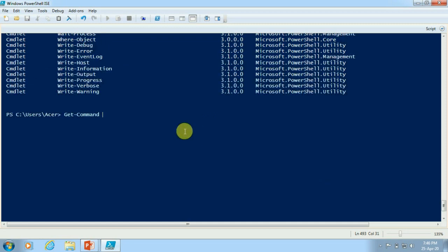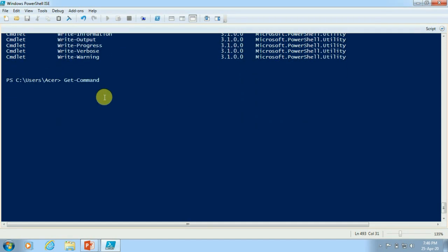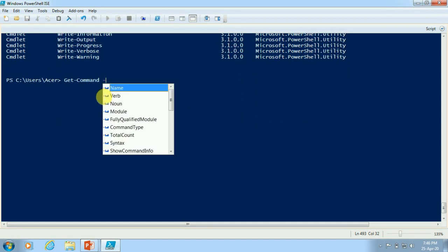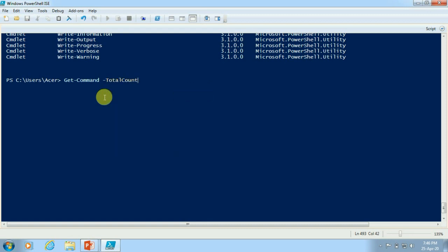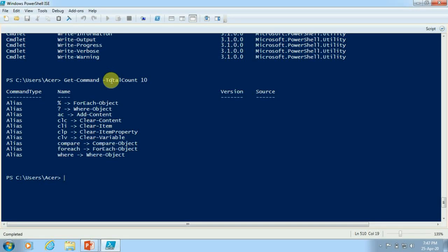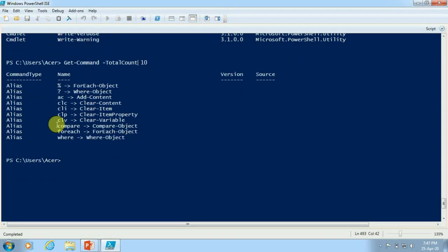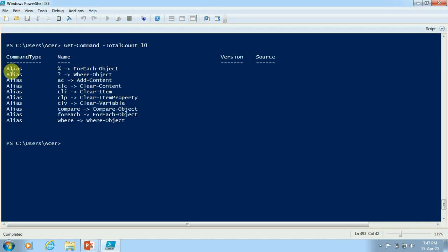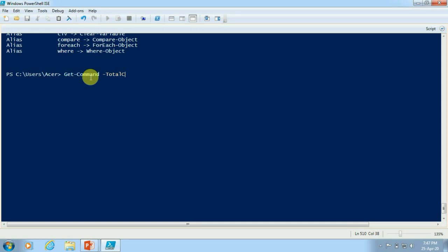And if I want to limit this output, if I want to specify how many lines we want, we can just pass a number here with the TotalCount parameter. So it will restrict the output and print only that number of lines, and we can vary this number according to our requirement.